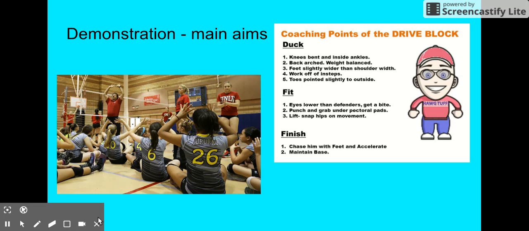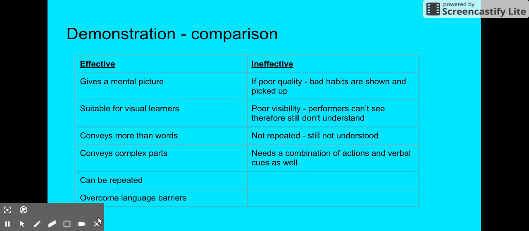The coach must also ensure that everyone can see the action from the different angles. So if none of the performers can see, then it's not going to be effective, because then they won't know what they're doing. So all demonstrations are about engaging the performers, asking questions, using verbal actions as well as doing the actions, and also going step by step. So don't always rush through it. Go through it once slowly, go through it another time, and also put it into a context. So in a rally situation, or like slow it down a little bit, that kind of thing.